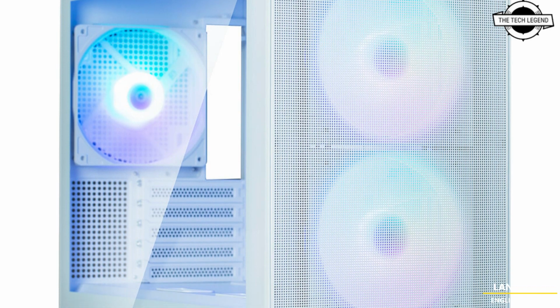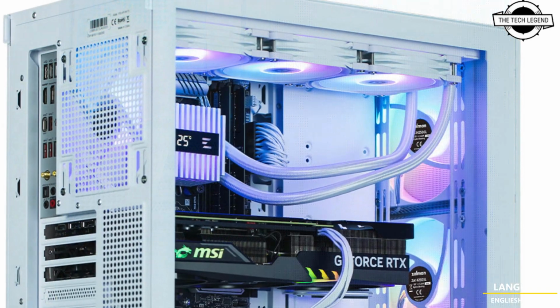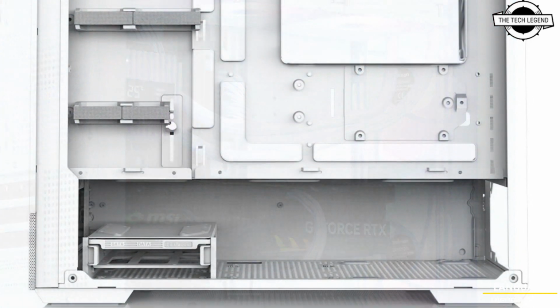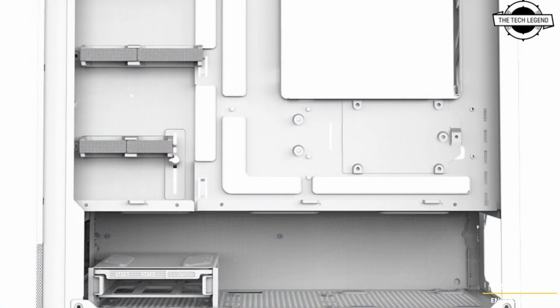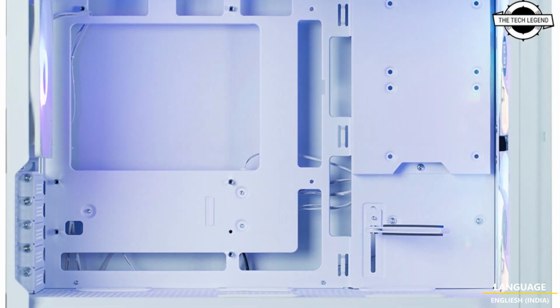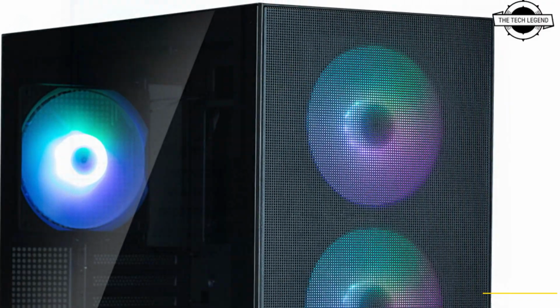So friends, today I will talk about the ZALMAN P30 Air Micro-ATX tower case. ZALMAN introduced the P30 Air line of Micro-ATX mini tower cases with a design focus on high airflow. And the case comes in two color variants, black and white, and its design is characterized by panel perforation along